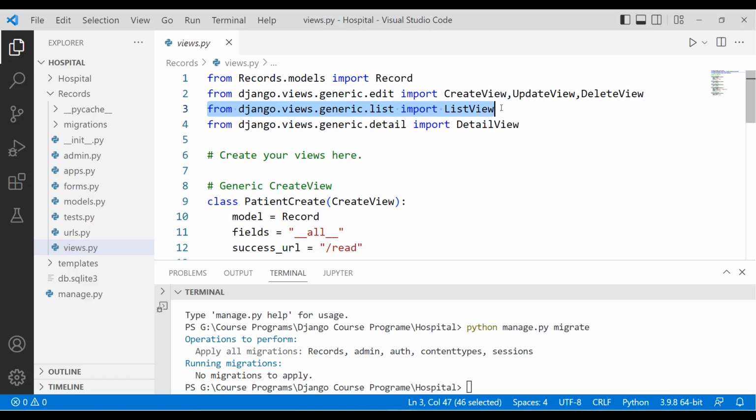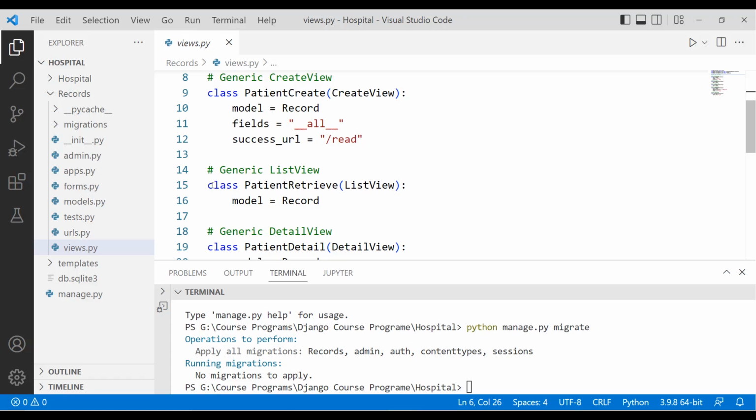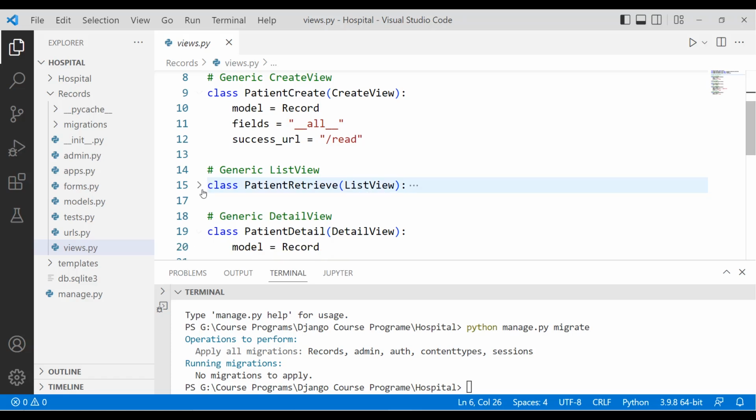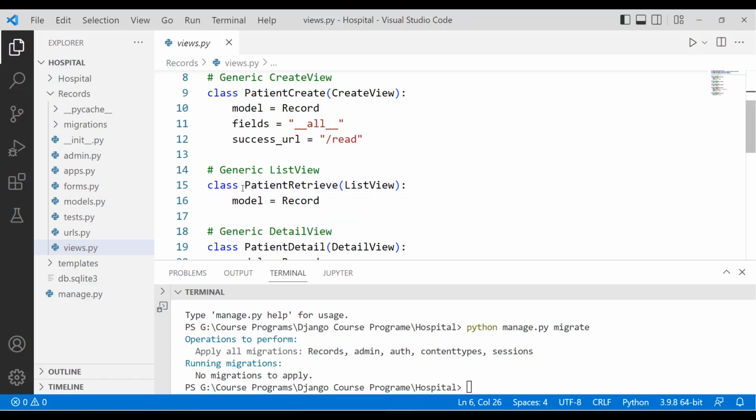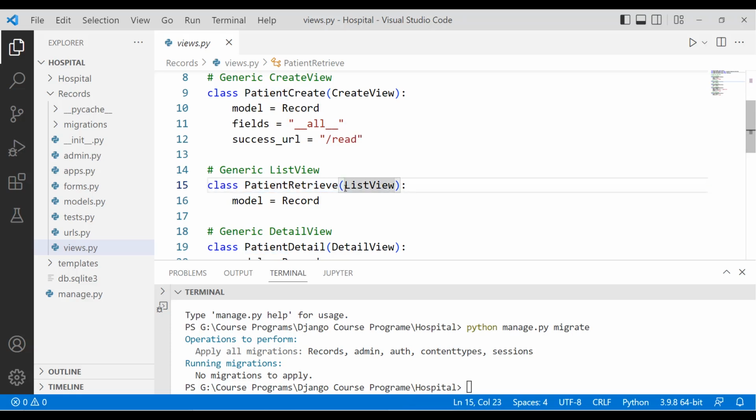Import list view. It means this list view is imported from the module list. So now I will show you the code to create the list view. Firstly, I create a subclass with the name patient retrieve. Then I extend its functionality by passing the already created class presented in the generic view named as a list